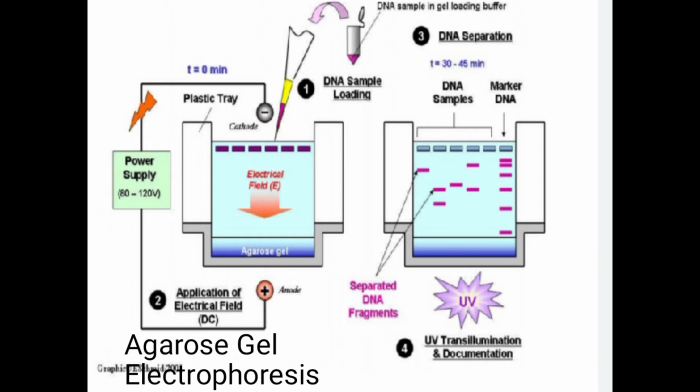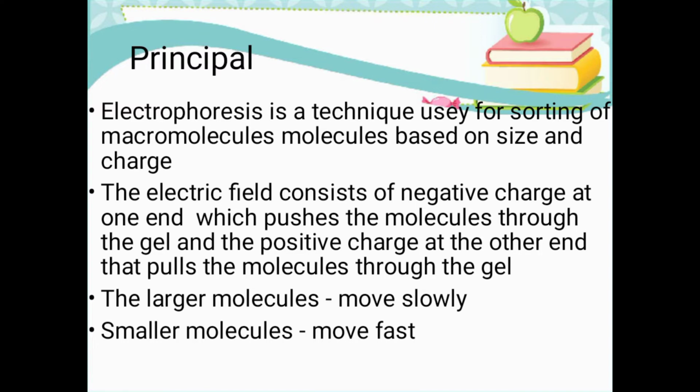Friends, you see this figure and notice that positively charged cations will migrate towards the cathode, which is negatively charged, and negatively charged anions will migrate towards the positive charge when we apply the electric current. Also, the larger molecules move more slowly through the gel, while the smaller molecules move faster. Why do larger molecules move more slowly? Because of their weight. The different size molecules form distinct bands on the gel.